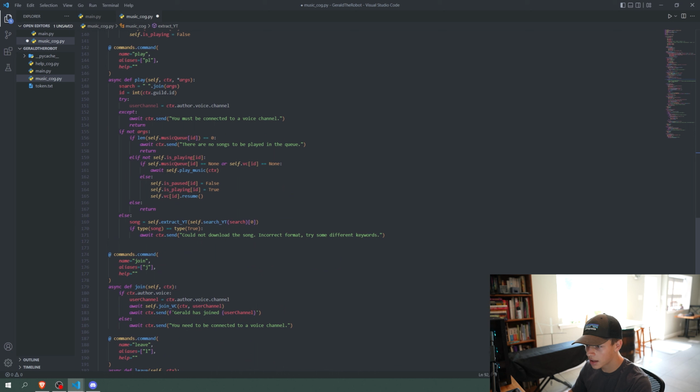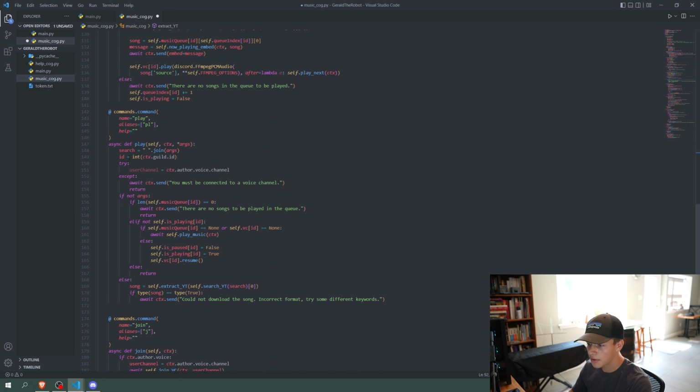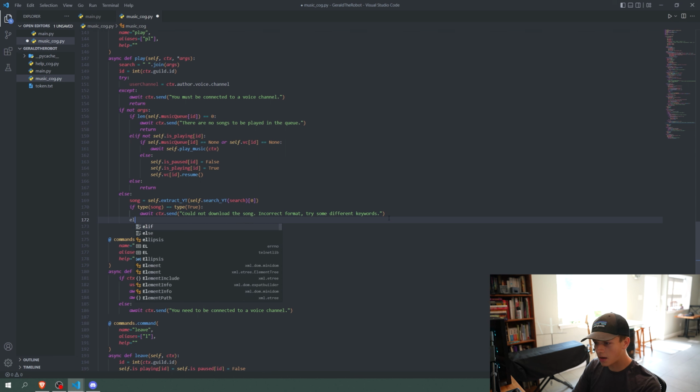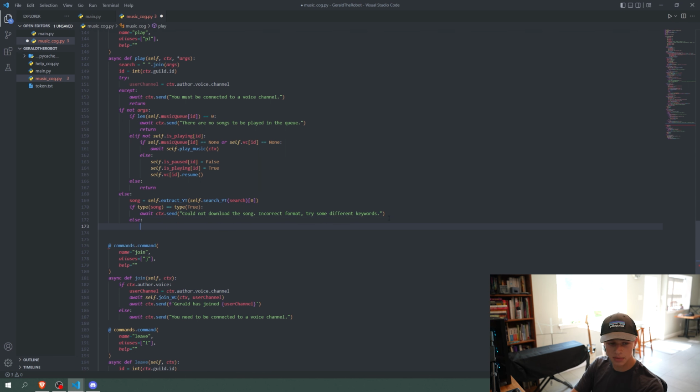So then we're checking right here if the return is false. So if the extract YouTube went wrong, then the song will equal false. And if the type of the song, which is a Boolean, equals type of true, which is also a Boolean, so true and false are Booleans, then we're going to say it was not able to download the song. So now, else, so if it was able to download the song correctly, we're going to say